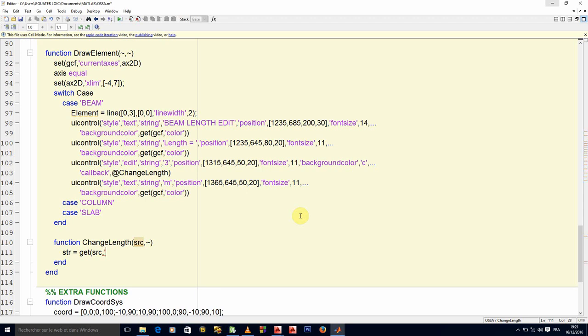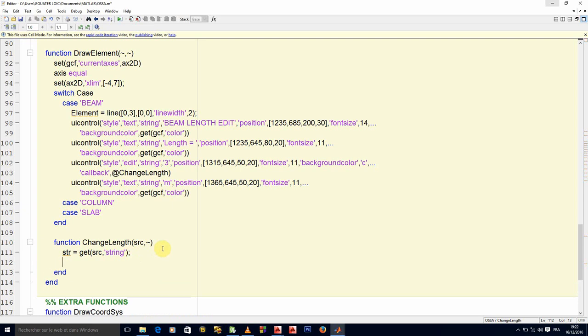So when I'm saying source here, I'm talking about the edit text itself, and I want to get its string property. The number that was entered there will be stored in this string property in the form of type char, C-H-A-R, you know it already. That will be the type of the variable.